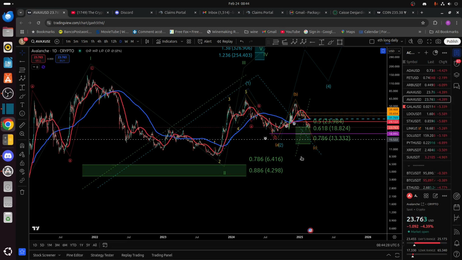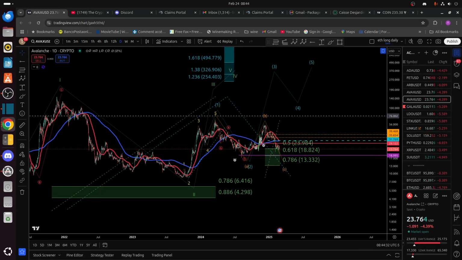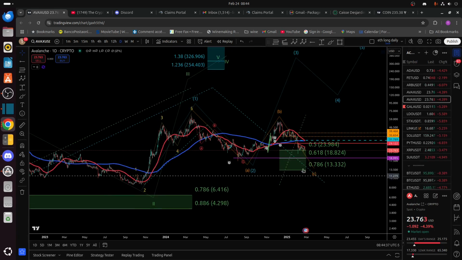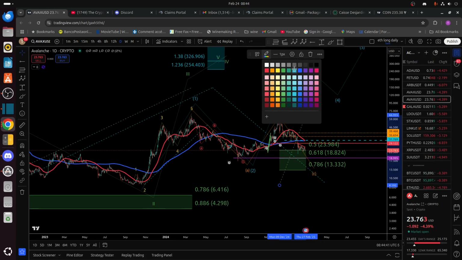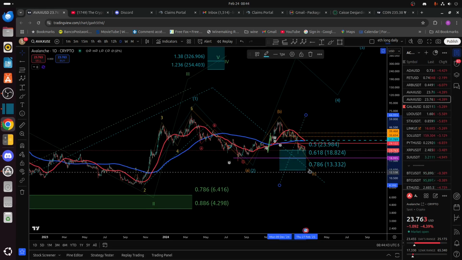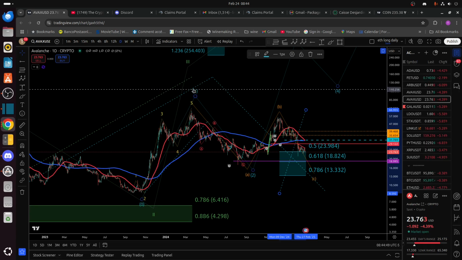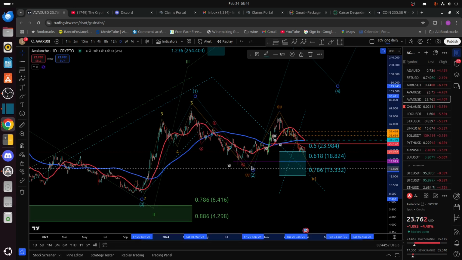wave 1. Now the problem that I have is that I did call this one a wave 2, and to be fair, let me match the count color, otherwise it's going to be a little bit hard. Okay, so you can see now 5-wave up for the light blue count. Now I had an A, a B, and a C, and I did count this as a wave 2, but